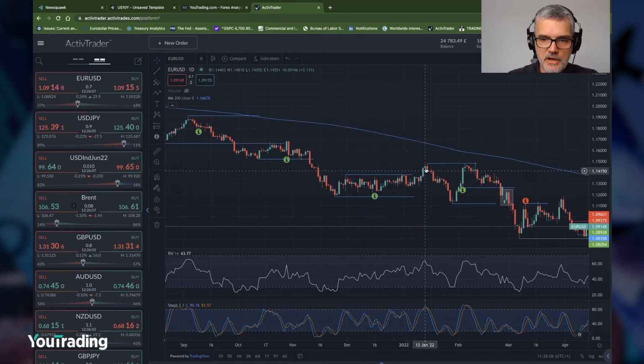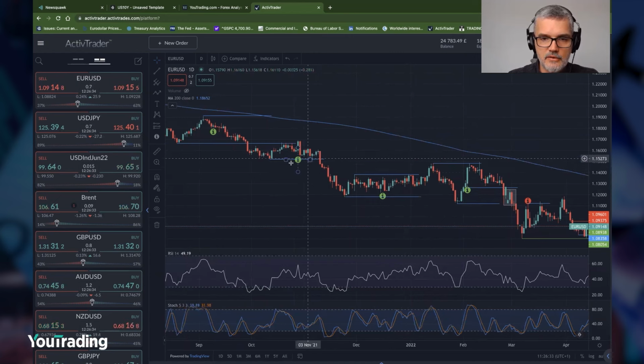We had a push up at the end of December into January, then swept the lows of that range. And then as the ECB meeting for February came into play, we saw a bit of a rise in the euro. Then we saw the big push up on the actual news announcements. Then we had a slight spike higher, took out the double top into this old ECB range here.